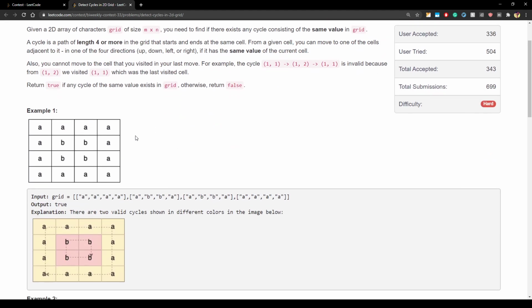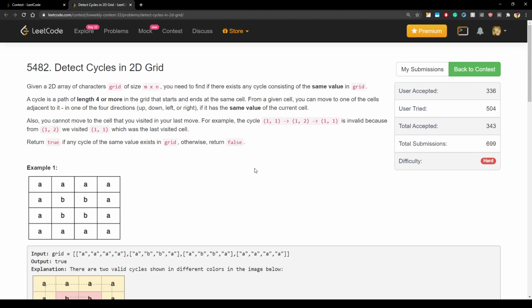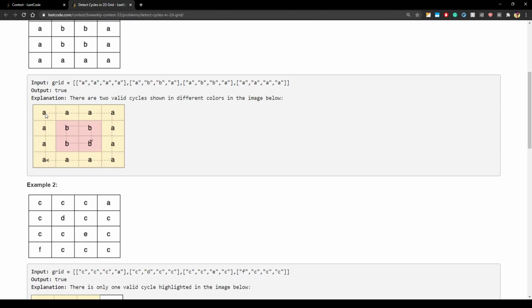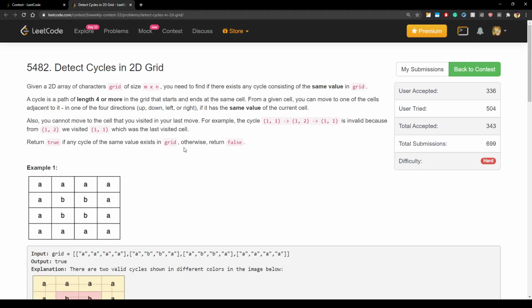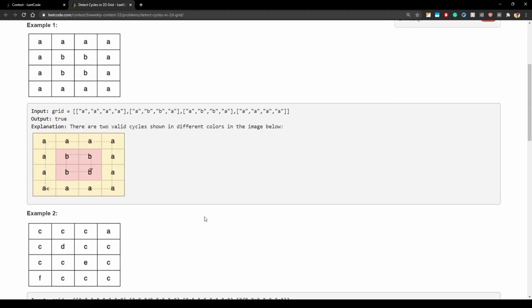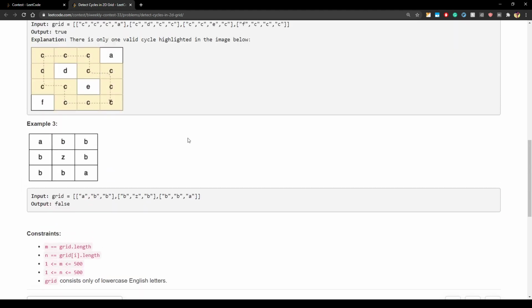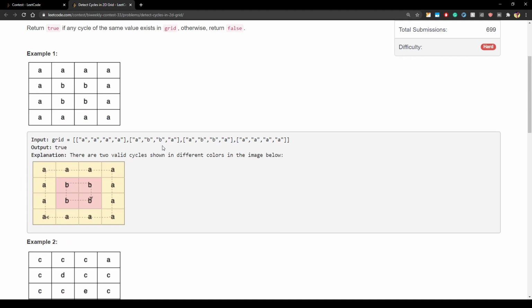You need to remember 2 things. First, if you start from any character and you start DFS from there, you will actually visit all the characters which are connected. The concern here is whether you're able to do DFS in linear time. The size of the grid is 500 times 500. If you're able to do some DFS or BFS, whatever you want, in linear time, then it will pass.